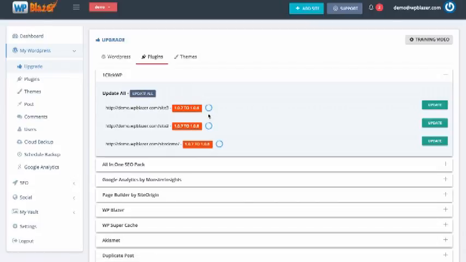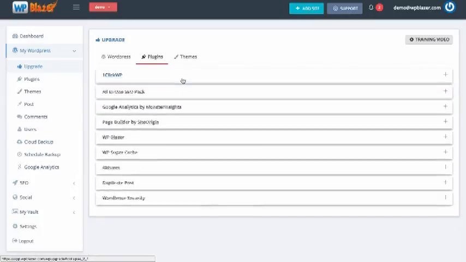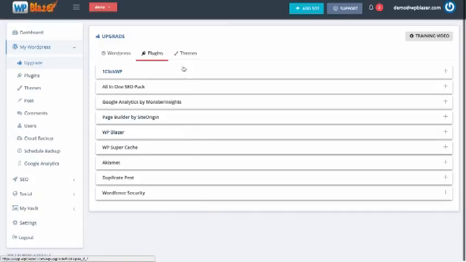Once I do that, we can see right now they're currently being updated, and we're going to give it just a second here. That one is done being updated, that one is now being finished updated, and now that one is finished updating. Just like that, 3 of my websites have updated their plugin, and I can go through here and do the same for the other ones.